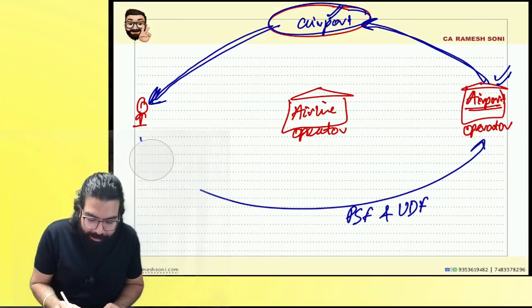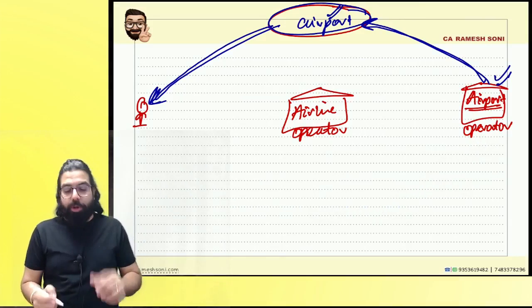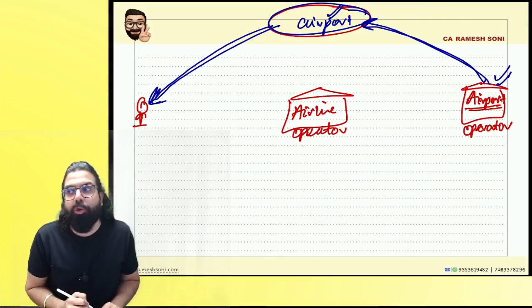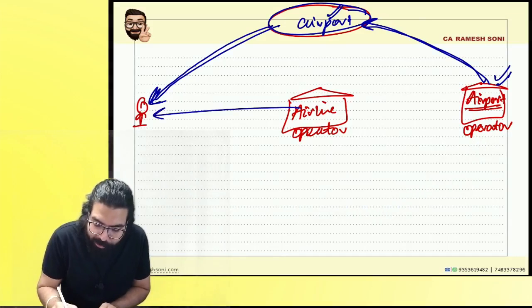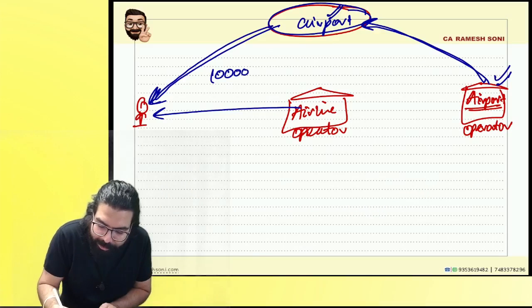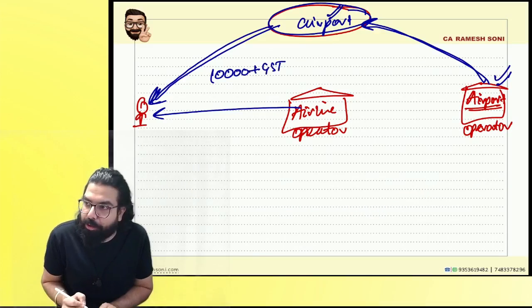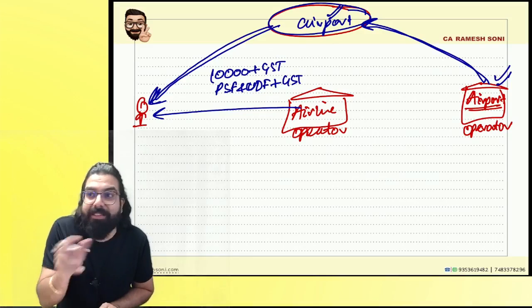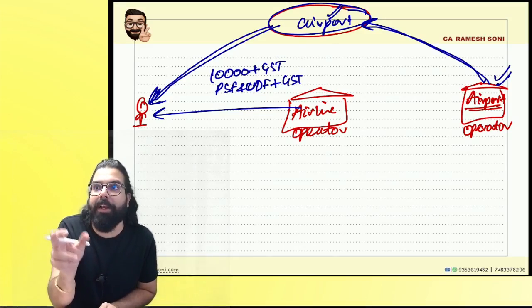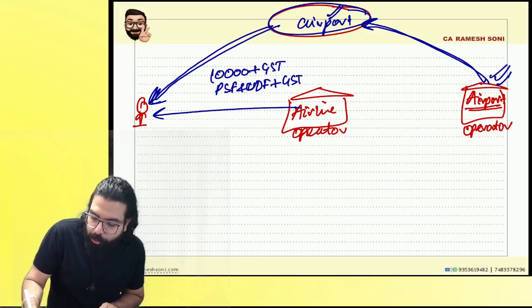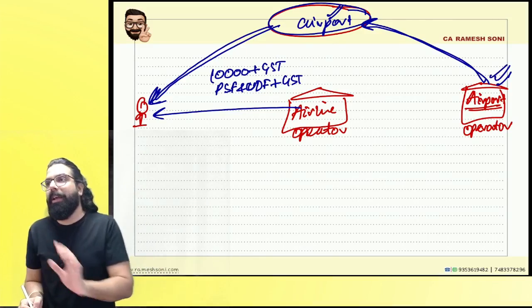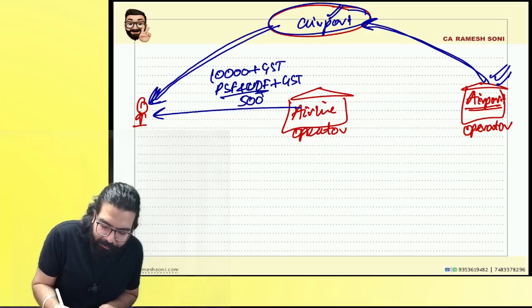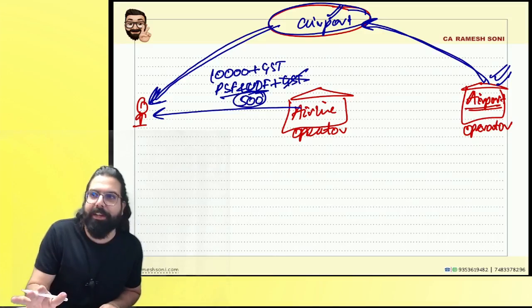Now, they don't collect it directly. Have you paid directly anything? No, you will not pay, because they collect it through the airlines. Airlines issue you a ticket. Suppose a 10,000 rupees ticket plus GST, airlines will charge you. Are we clear? Plus, airlines will also collect PSF and UDF from you, plus the GST, if anything. As of now, PSF and UDF plus GST is not collected. Whatever amount is collected, from that the airport operators pay the GST. Are we clear? Supposing 500 rupees PSF and UDF is collected, GST is not collected generally.